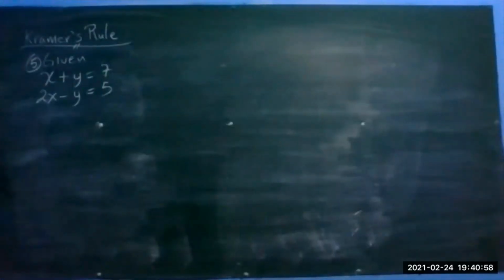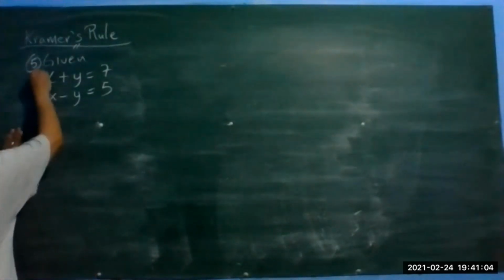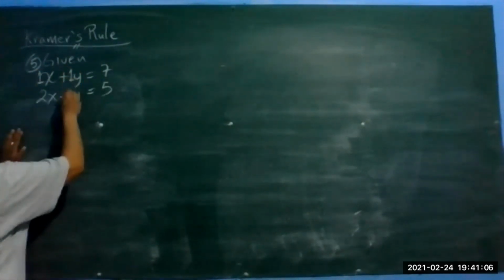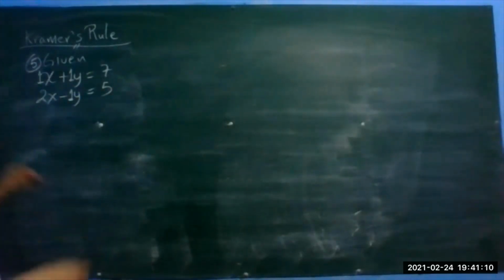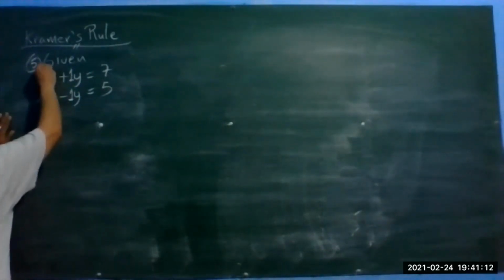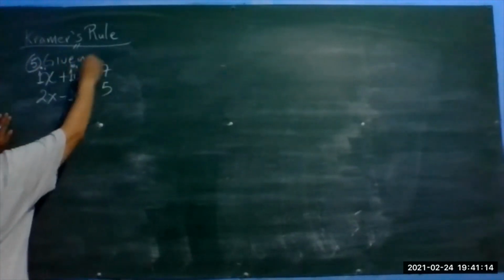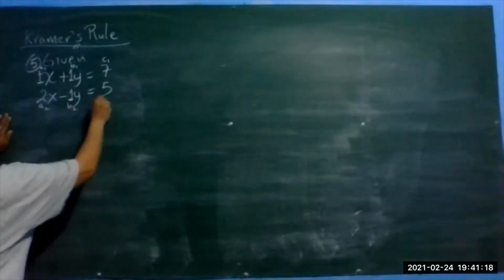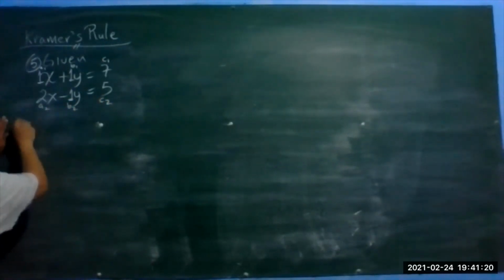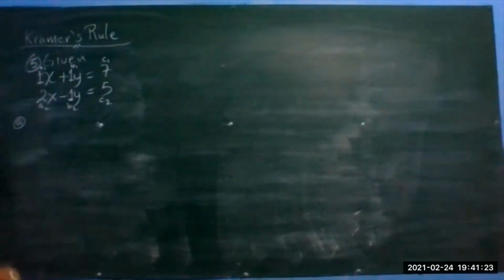So we have here, given x plus y equals 7 and 2x minus y equals 5. For clarity's sake, I'm going to be putting the ones, so you know there is a number there. And I'm going to label it A1, B1, C1, A2, B2, C2. So the first step, because that's the only step we're doing today,